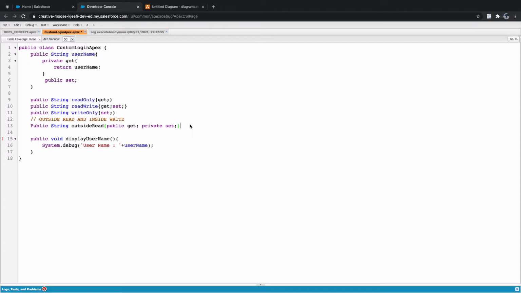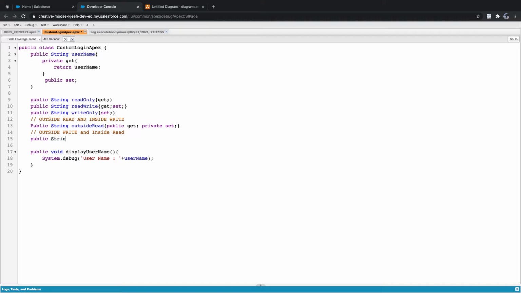And what if it is otherwise? Outside write and inside read. How can I define outside read and inside read?